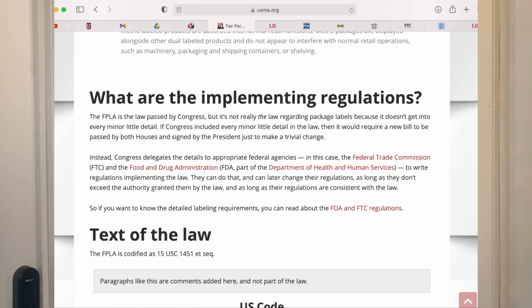And so as it states here at the usma.org, what are the implementing regulations? It's the law passed by Congress, but it's not really the law regarding package labels because it doesn't get into every minor detail. Right. Instead, Congress delegates the details to appropriate federal agencies. In this case, the FTC and the FDA. So what does that mean? That means the law is not the whole thing. It's the thing, but then they have other agencies that take care of specific things. FDA, FTC, ATF,